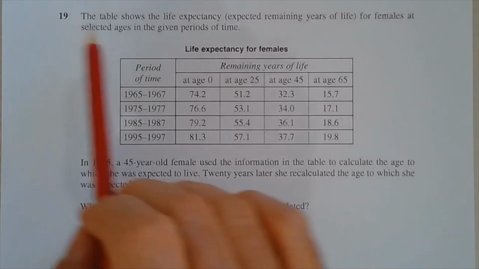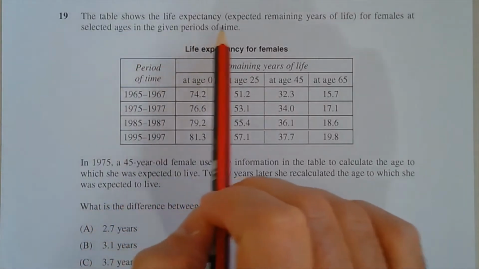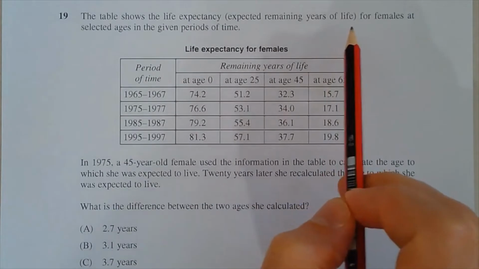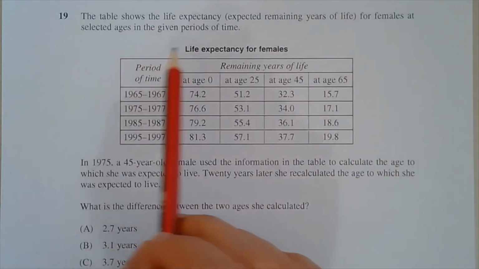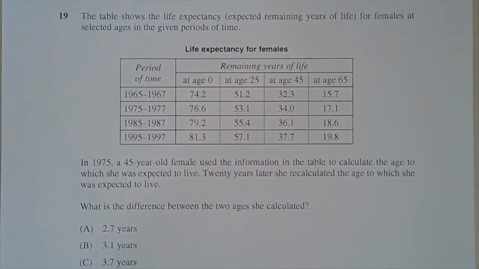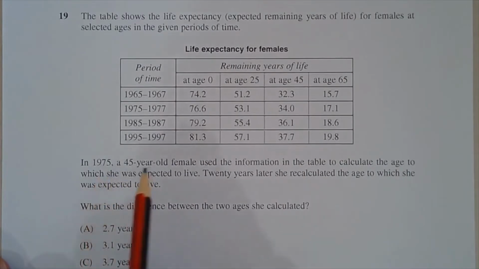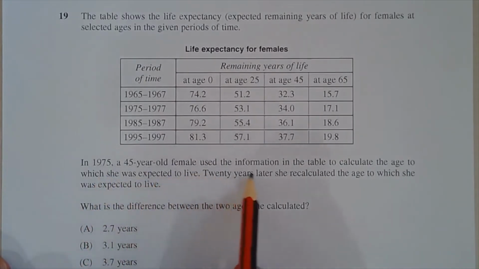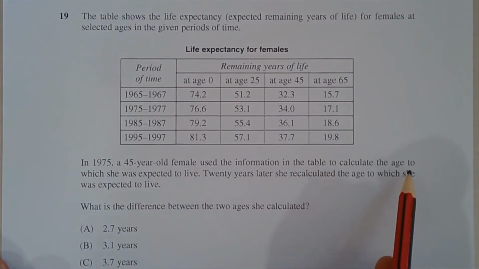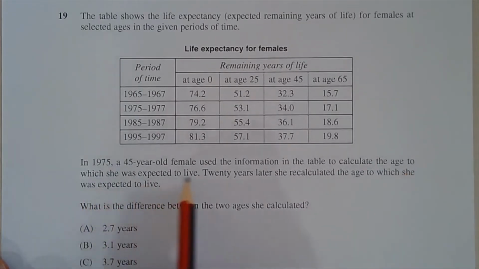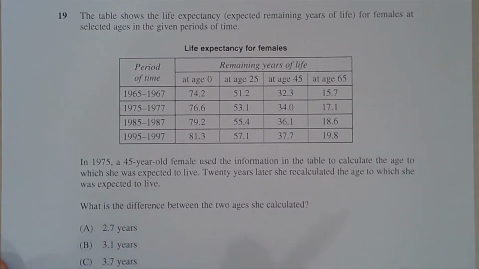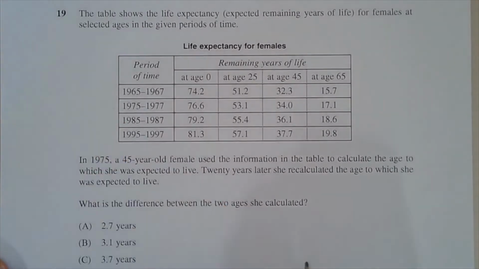Question 19. The table shows the life expectancy, expected remaining years of life for females at selected ages in the given periods of time. In 1975, a 45-year-old female used the information in the table to calculate the age to which she was expected to live. 20 years later, she calculated the age to which she was expected to live. What is the difference between the 2 ages she calculated? So in 1975,